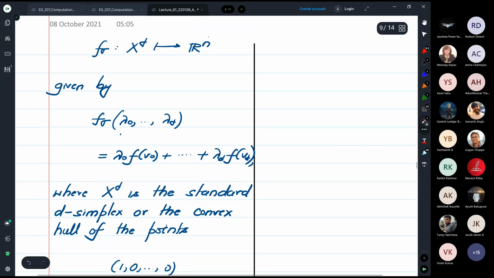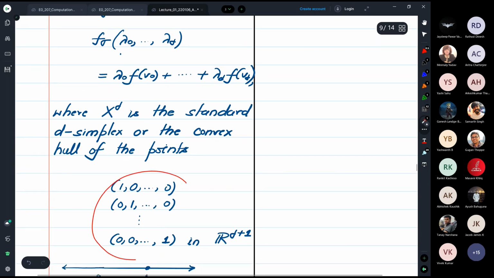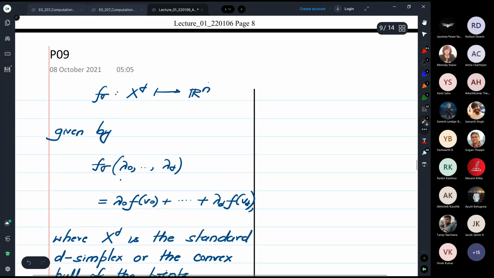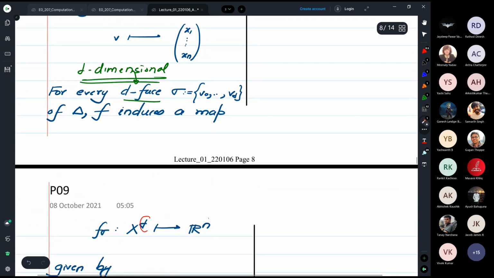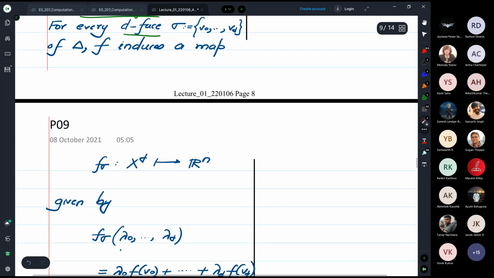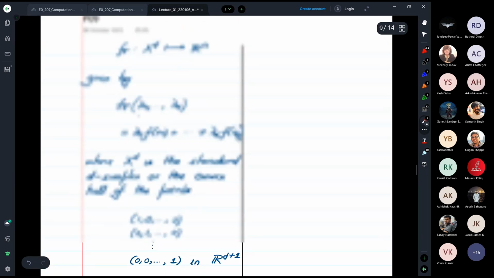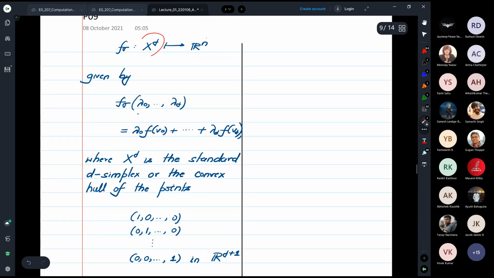Okay, so the Xd over here is what we will call the standard d-simplex, or the convex hull of the points 1 0 0 all the way up to 0 0 1 in Rd+1. Okay, so I will elaborate what I mean by that. But the first thing is this d over here is the same as the dimension of the face. That's the key thing to note. Whatever is the dimension of your face, that will be the d over here, right? So let me illustrate what I mean by Xd. Let's first look at